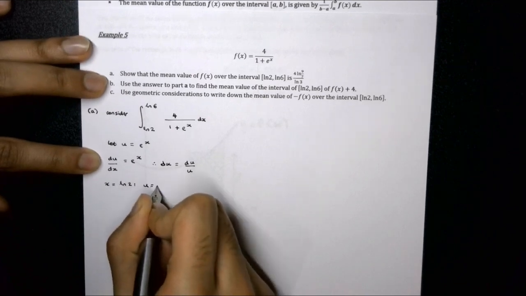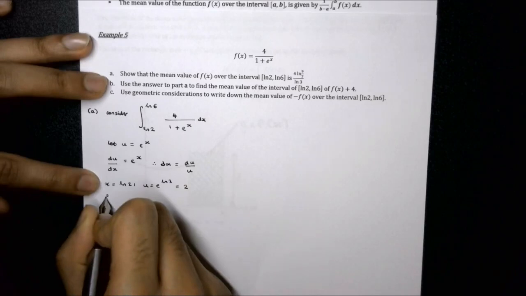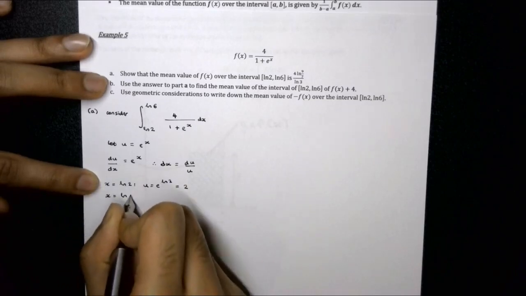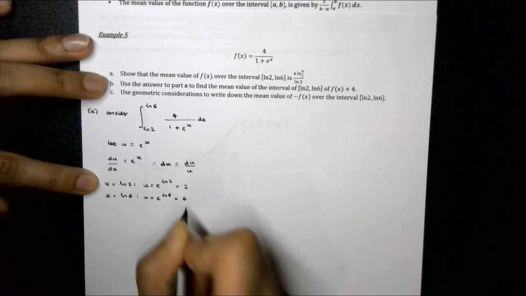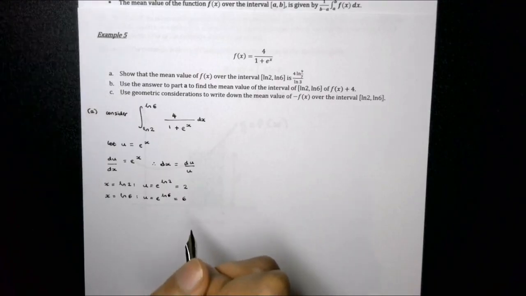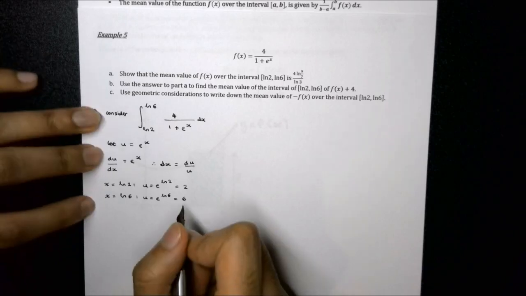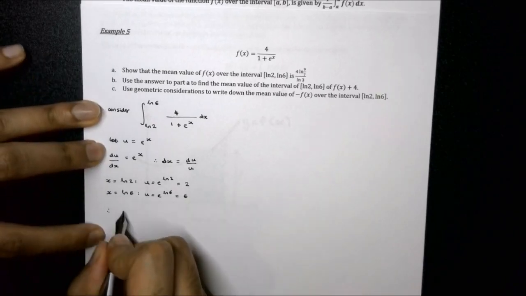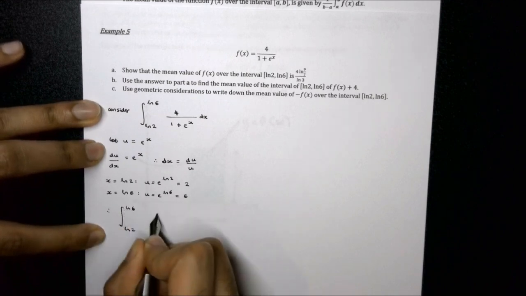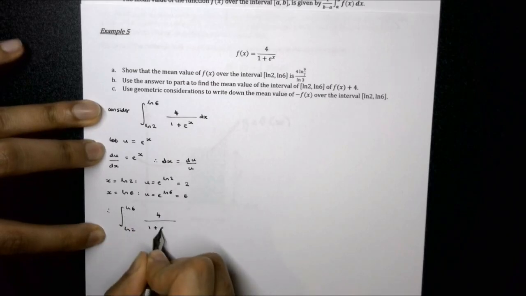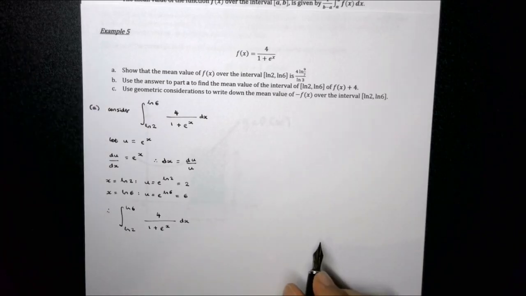When x is equal to the natural log of 2, we have u equal to e to the power of the natural log of 2, which is just 2. When x is equal to the natural log of 6, u is equal to e to the natural log of 6, which is equal to 6. Now, what we can therefore say is the integral from natural log 2 to natural log 6 of 4 over 1 plus e to the x with respect to x. Now that we know our limits in terms of u, you can see here